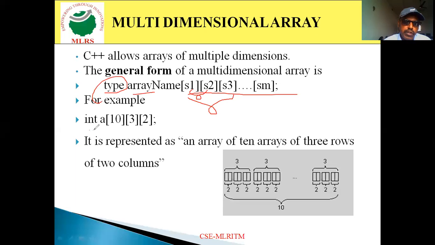For example, look at this particular one here. I am specifying an example, int a[10][3][2]. This indicates I am specifying three subscripts. 10 is one subscript, 3 is one more subscript, and 2 is one more subscript. int a[10][3][2] indicates that there are totally 10 arrays, and for each array,